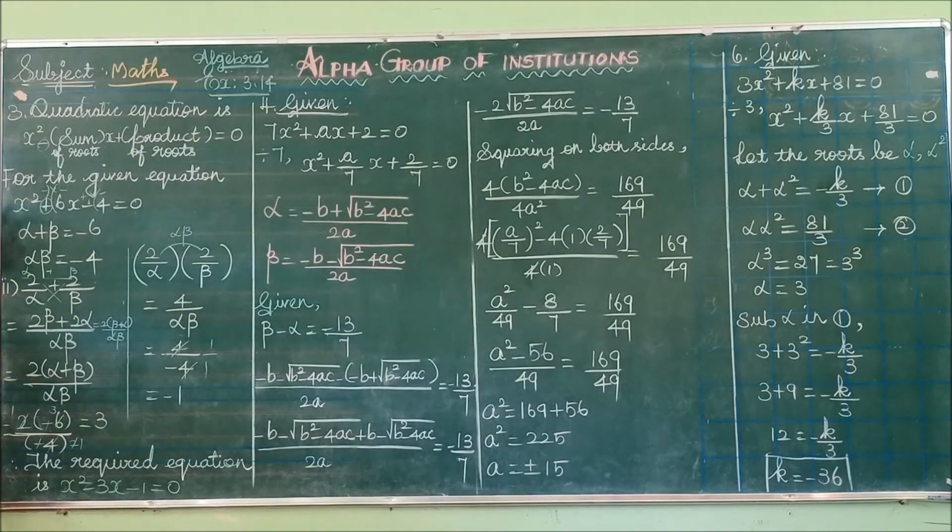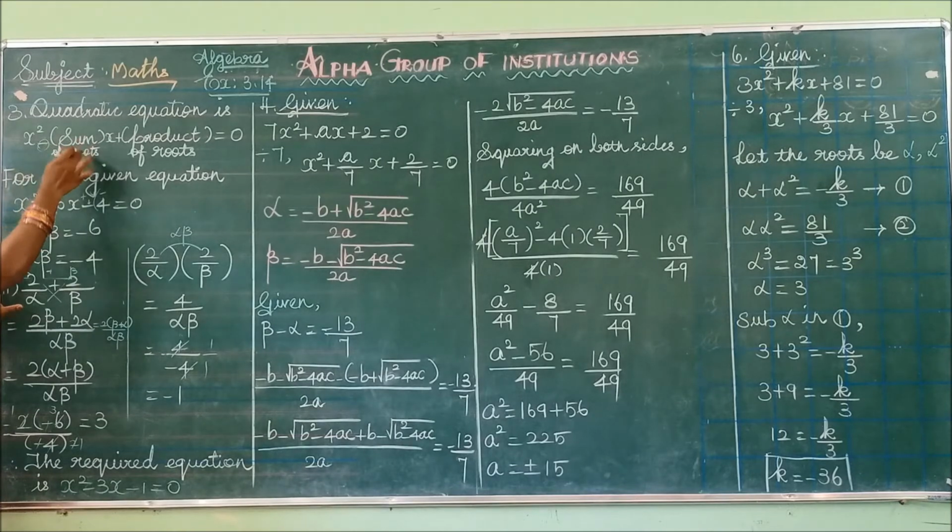Listen. In the given question, they gave you one equation with its roots and asked you to find another equation using the given roots. So here I am solving the second one only. So what are the roots? What is alpha and beta here? Here the roots are 2 by alpha and 2 by beta. So first you have to find the roots.